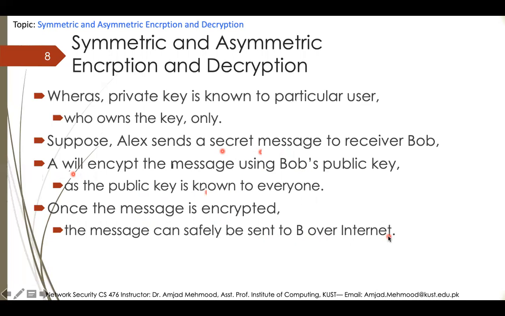Bob over the network. As you know, in asymmetric encryption, two different types of keys are available, private key and public key. As their names suggest, the private key will be known only to the particular user, but the public key will be known to everyone. So the mechanism is that if A wants to send a message to B, A converts it with the public key, and then sends the message over the